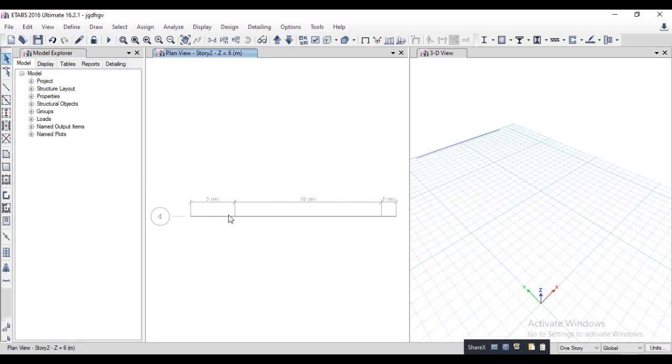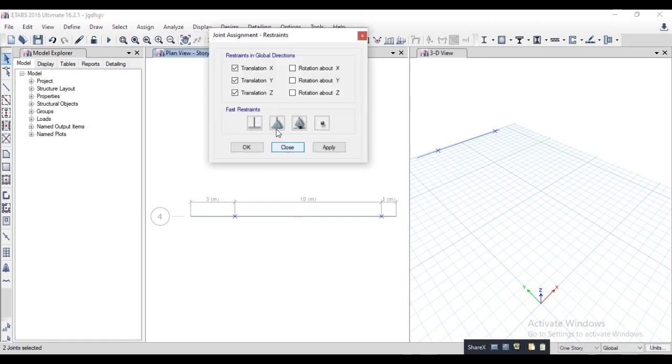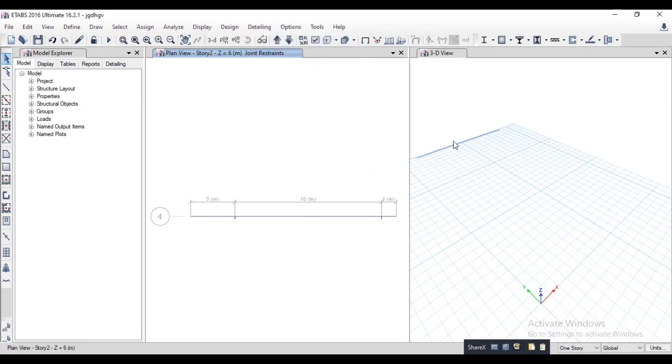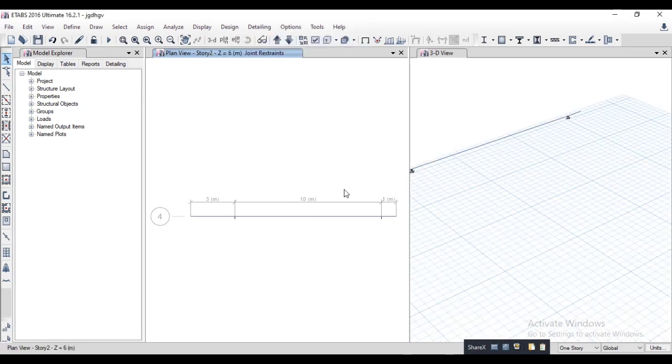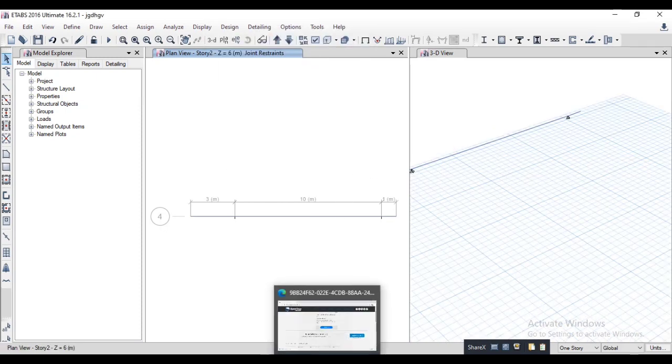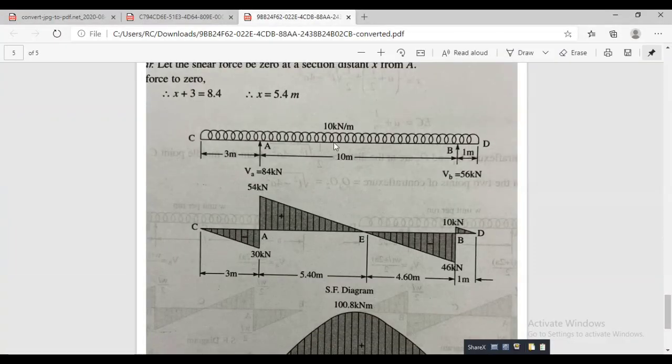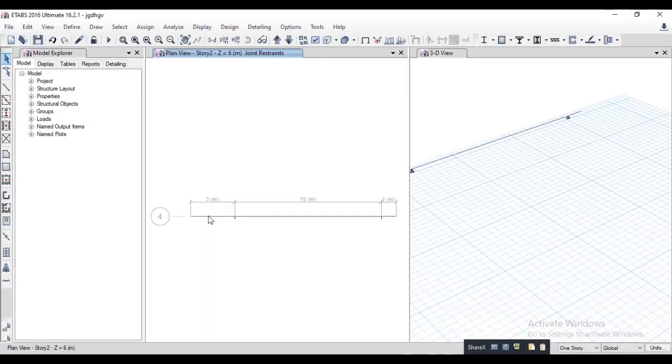Select object, assign joint restraint. The support is successfully assigned, and the load is a UDL of 10 kilonewton per meter at every span.